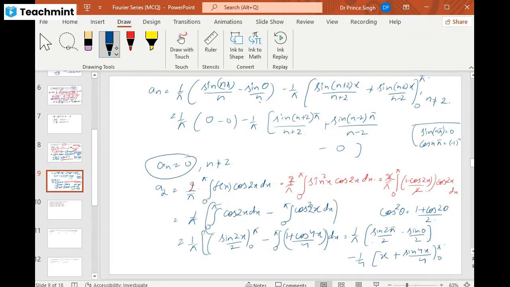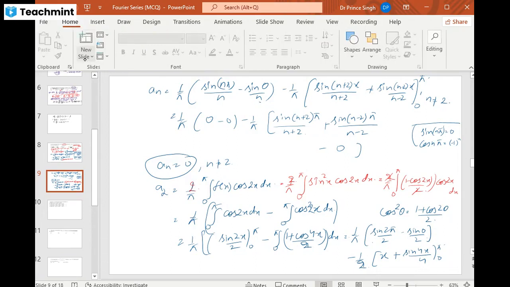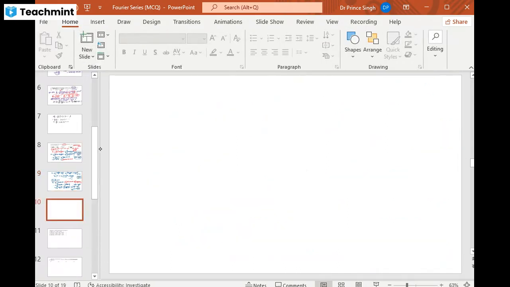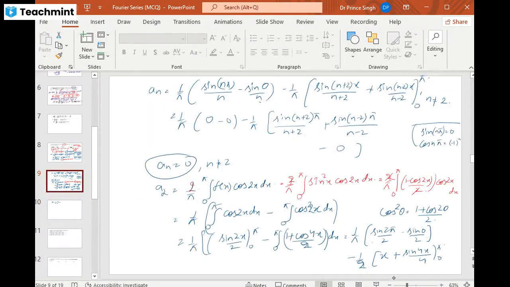Okay, so upon 2 here it's 1 upon 2, right? So if we substitute the upper limit and lower limit in this particular part, let me add one more slide here. So the value of a_n comes out to be 1 upon pi. So first part is 0 and here its value is minus. For substituting upper limit,